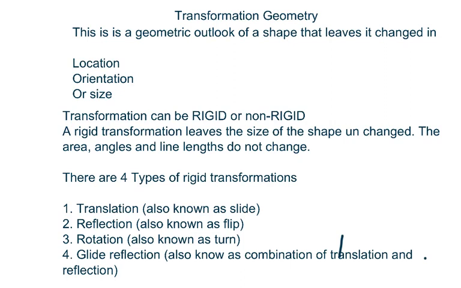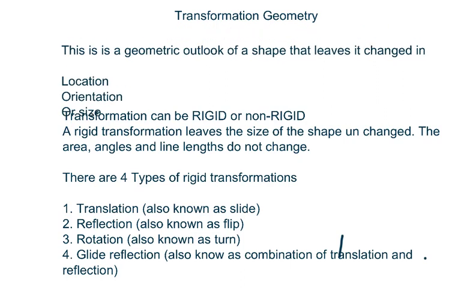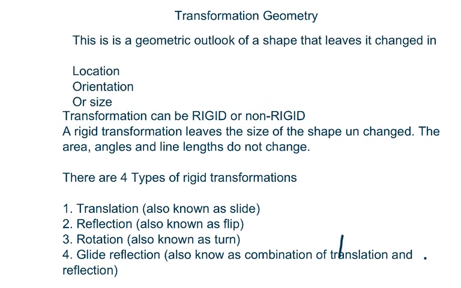So if we have any shape here, for instance, we might have, say, a triangle. If we have a triangle here,